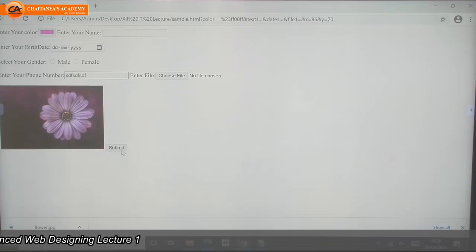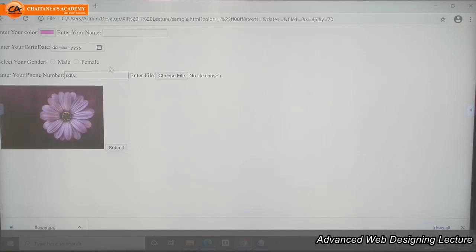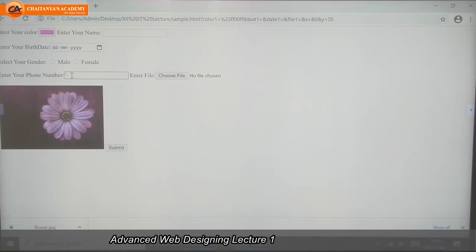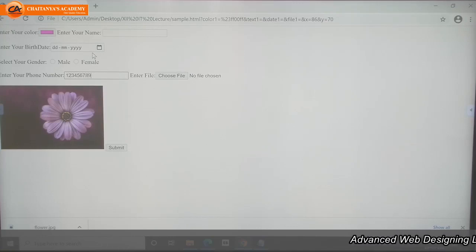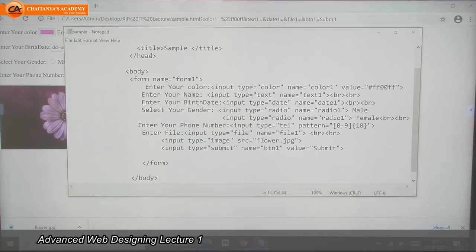If I enter any text, it says please match the requested format. It allows entering text, but is not accepting that text. You have to write numbers only, in 10 digits. 1, 2, 3, 4, 5, 6, 7, 8, 9, 10. Value submitted without any error.